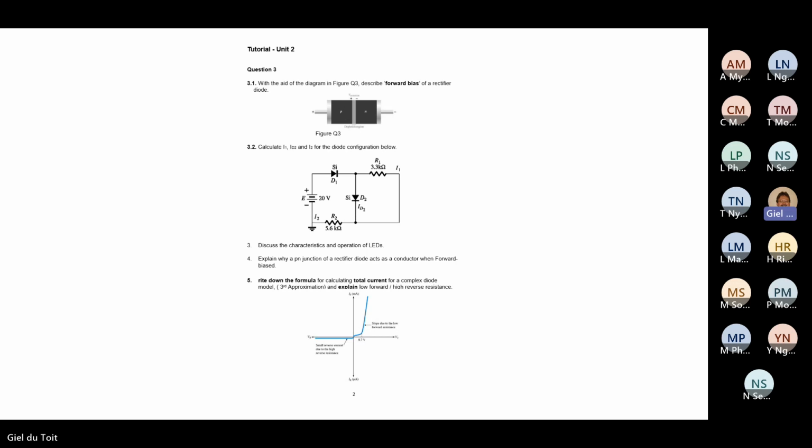Can you guys see that there's 0.2 volts over the diode, D2? And that 0.2 volts is over that 3K3. So what we have there is